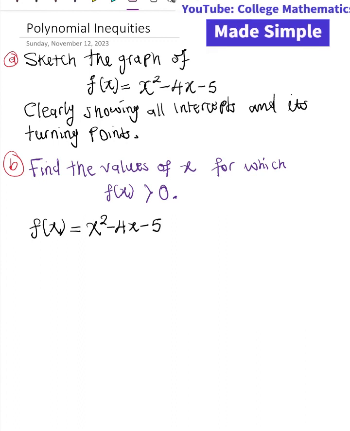In this video, I will show you how to sketch the graph of a quadratic function and how to solve a quadratic inequality. Do you remember how to factorize a quadratic equation? If yes, then you are able to sketch its graph and solve its inequality. So the factorized form of x squared minus 4x minus 5 is equal to